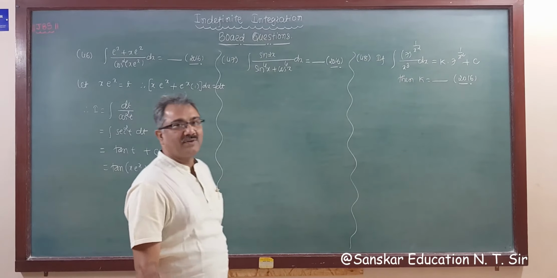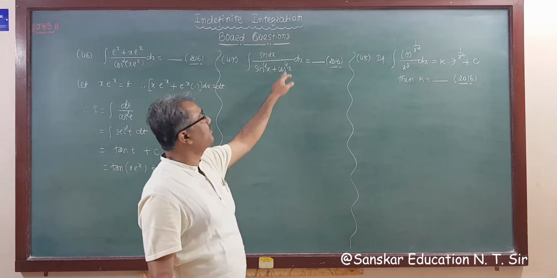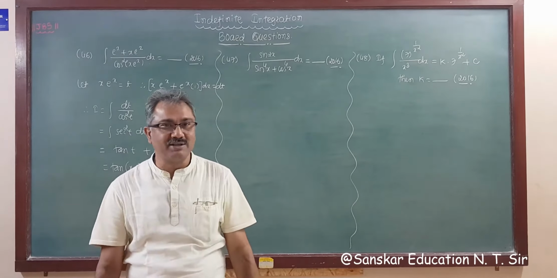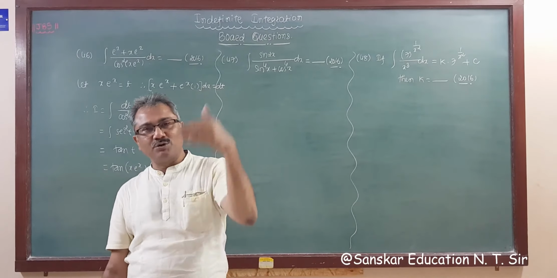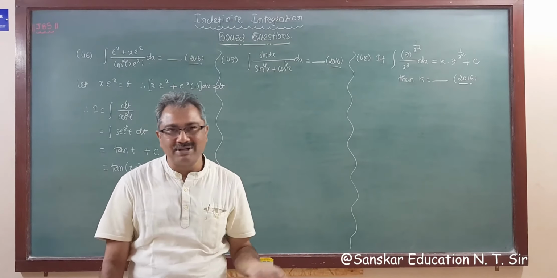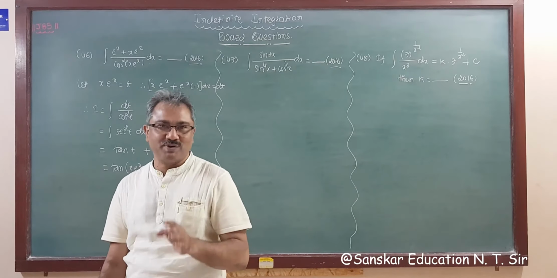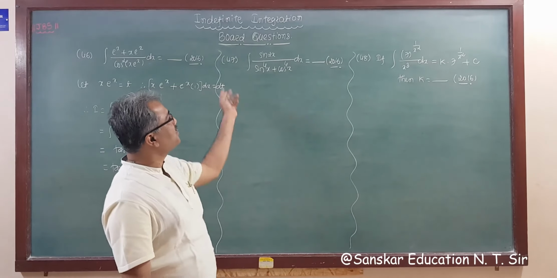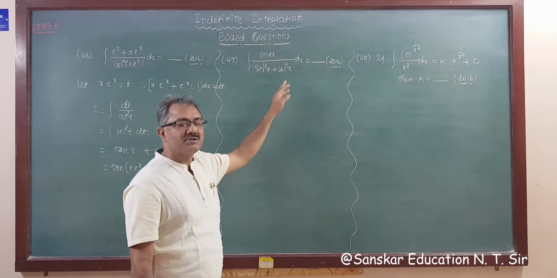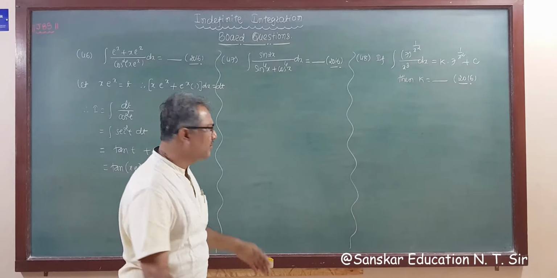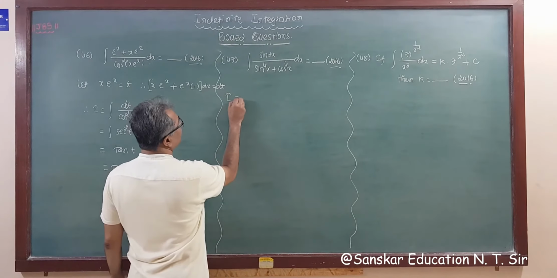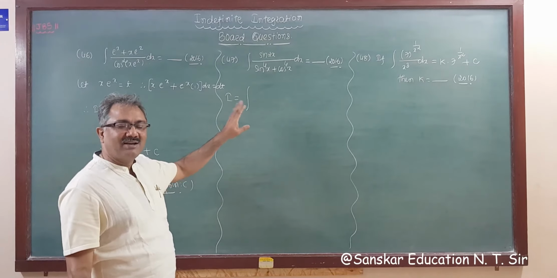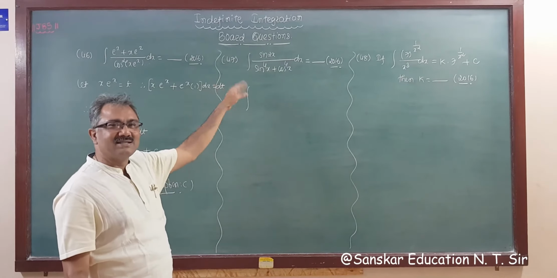सो ऑप्शन सी इज करेक्ट आंसर, राइट? नाउ 47. sin raised to twice x, sin raised to 4, cos raised to 4. रिमेंबर, रिकॉलिंग, आप याद कीजिए, रिकॉल कीजिए जो बताया था. If there is sin square cos square in denominator, then what to do? Divide numerator and denominator by cos square. Instead of cos square it is given here raised to 4 power, so divide numerator and denominator by cos raised to 4. No worry about it all. Let us see क्या होता है, देखते हैं. आपको जो पता है, आपको जो याद आया वो कीजिए, क्या होगा वो बाद में देखा जाएगा, राइट?